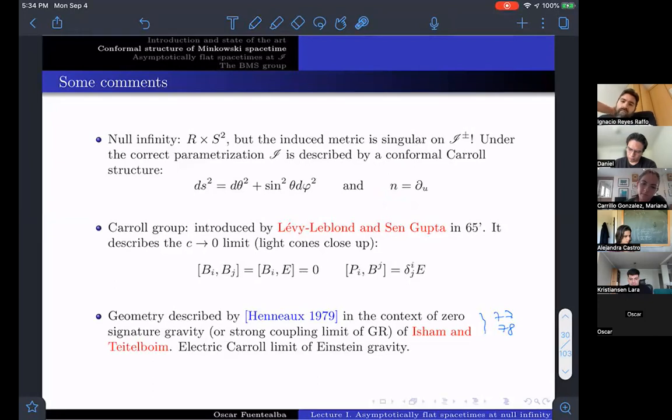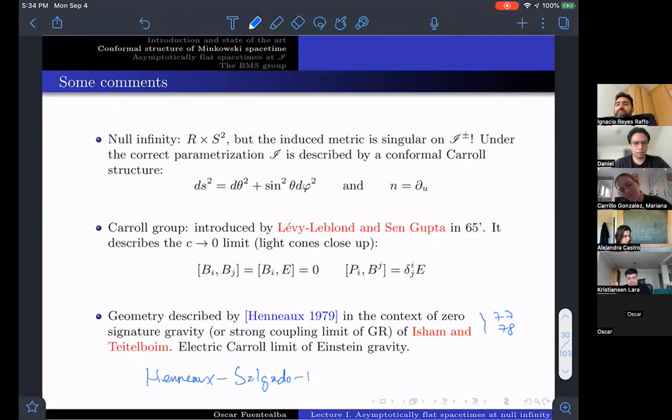He found what we nowadays call the electric Carroll limit of Einstein gravity. In a very nice paper by Henneaux and Salgado-Rebolledo,